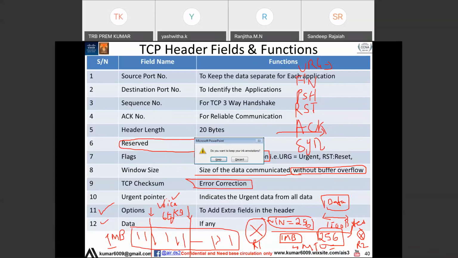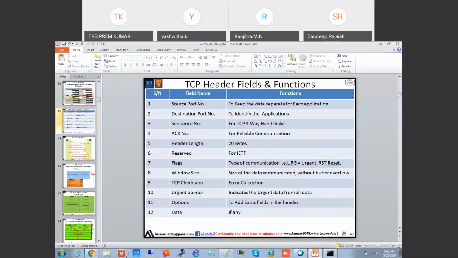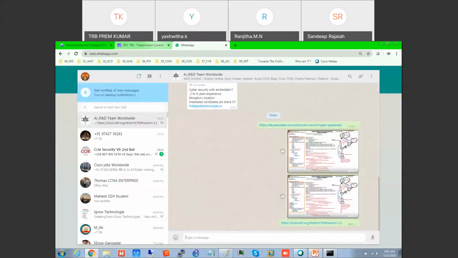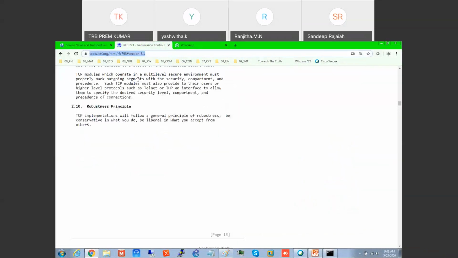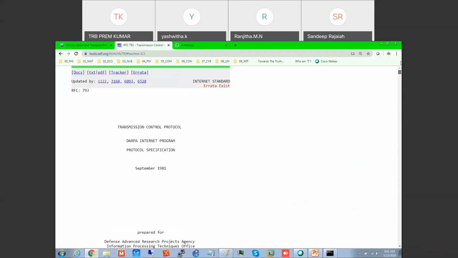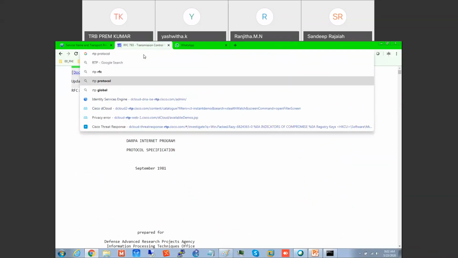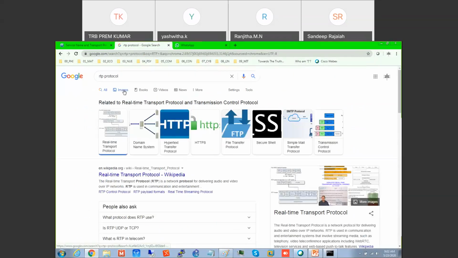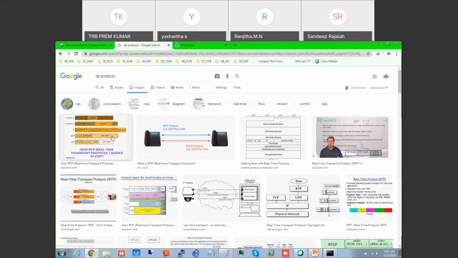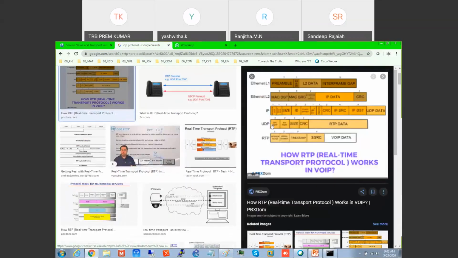Now, if you see this, this is RTP: IPv4, L1, L2, IP, then UDP.